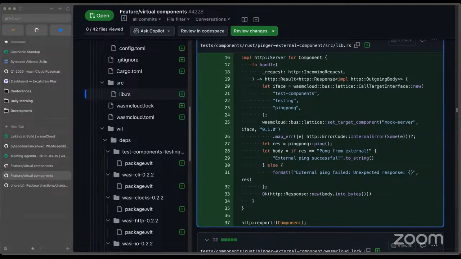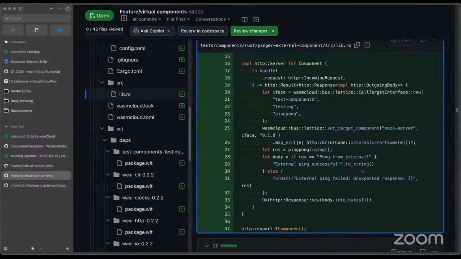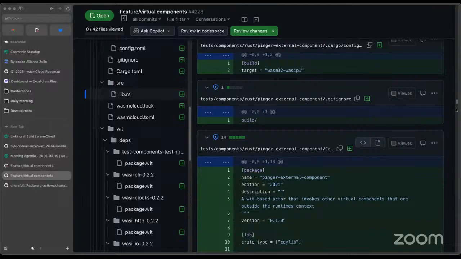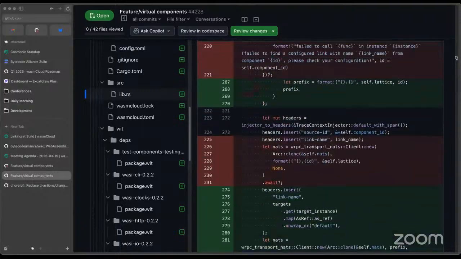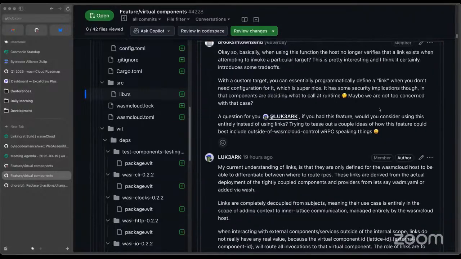In terms of the initiative, the reason why I want to talk about this initiative is this isn't the only way to do it. So at the moment, this is the least kind of cost, but as you've said in the pull request as well, it introduces some other issues and some other things that we need to talk about, such as security, because now components can actually decide where to route information. Do we then start delegating these permissions to NATS credentials, or is there another way to do it? We can potentially create middlewares that are gateways to basically whitelist these services that Wasm Cloud can talk to. And so,